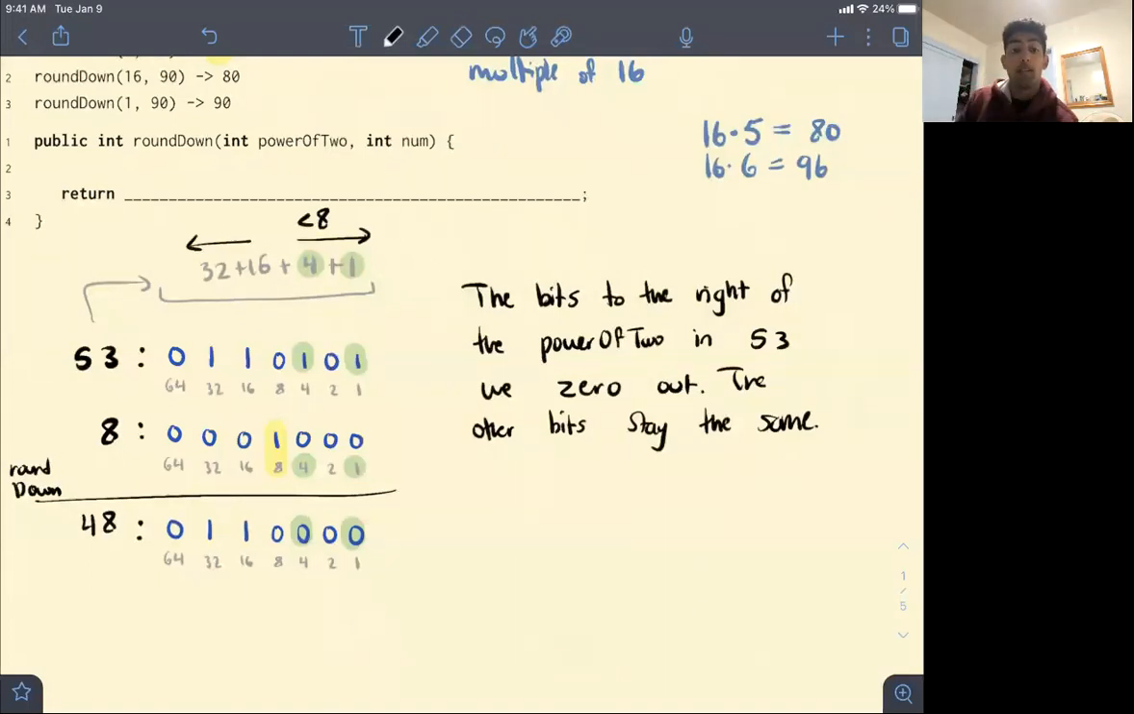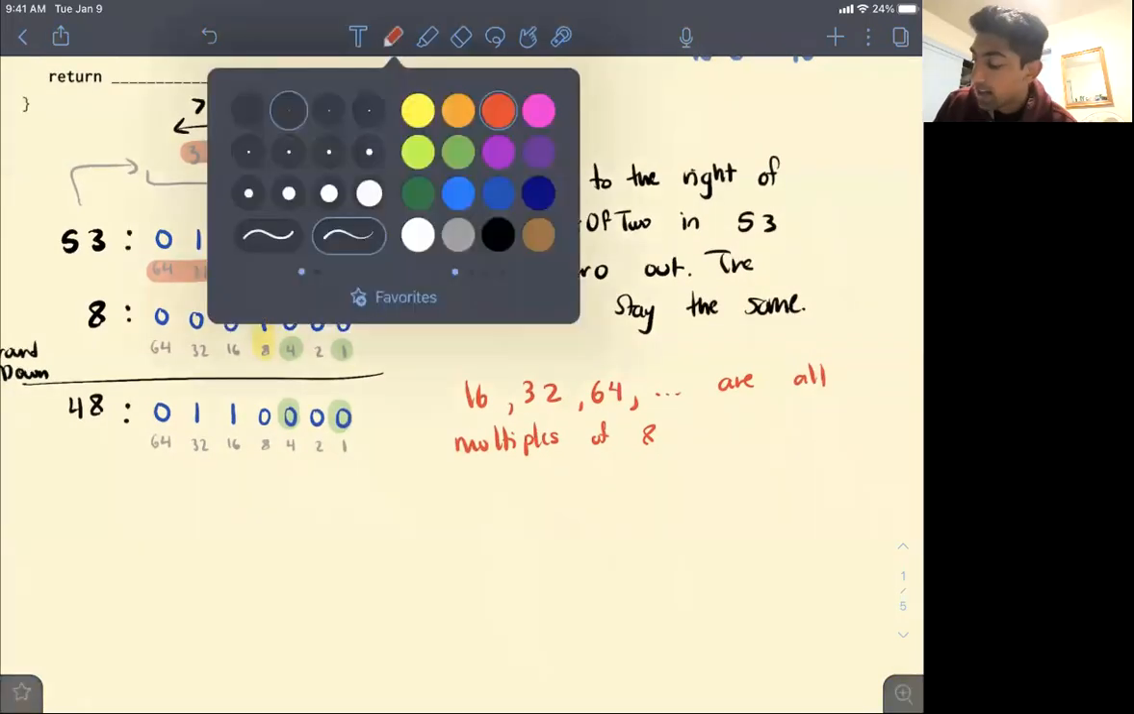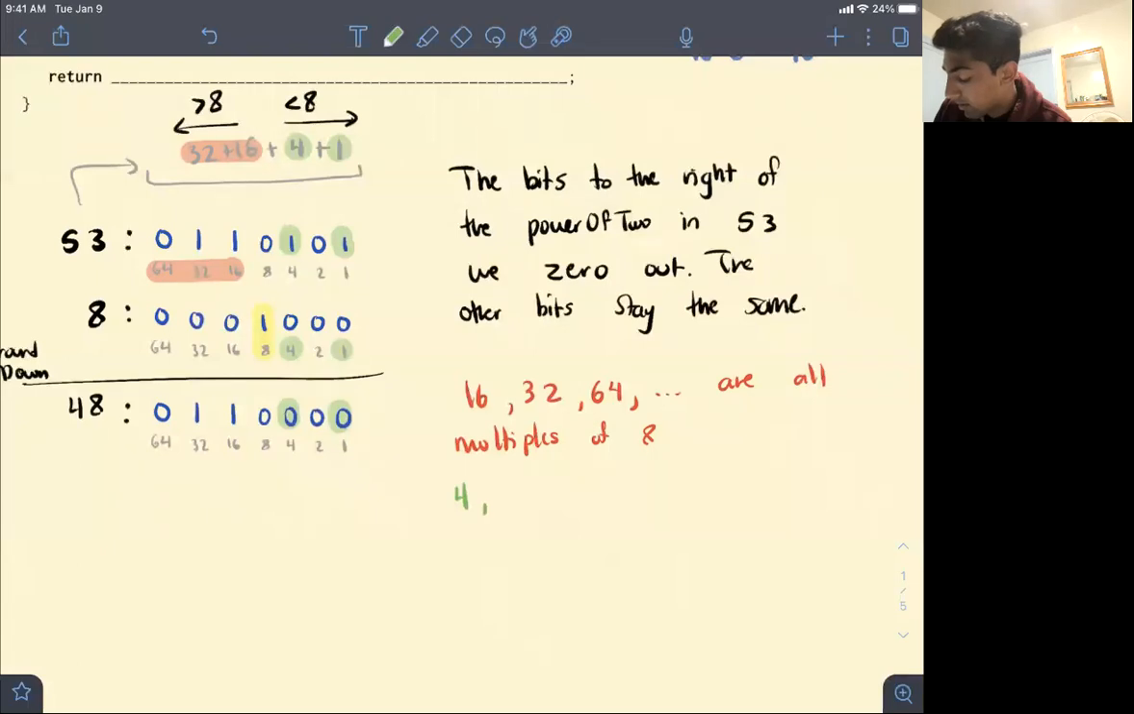These numbers to the left are bigger than 8, right? And what's important here to notice, the main takeaway, is that all of these numbers in red that occur to the left of 8 are multiples of 8, right? So notice that 16, 32, 64 are all multiples of 8. On the other hand, if we're considering 4, 2, and 1, they aren't